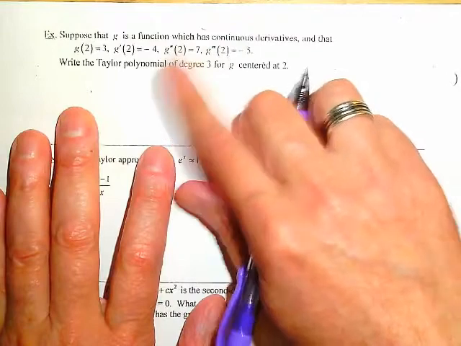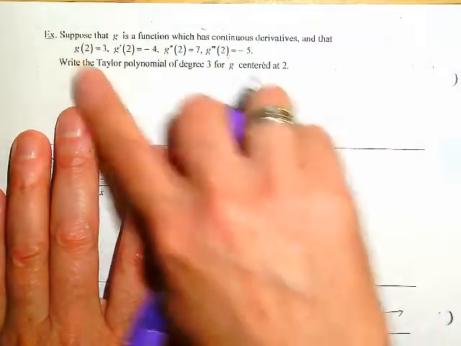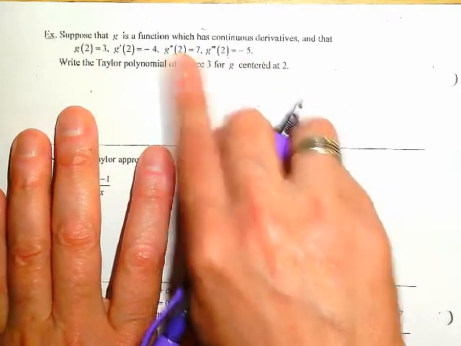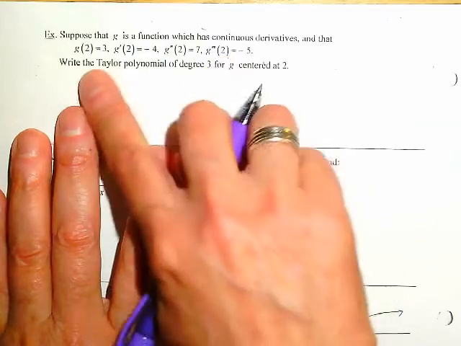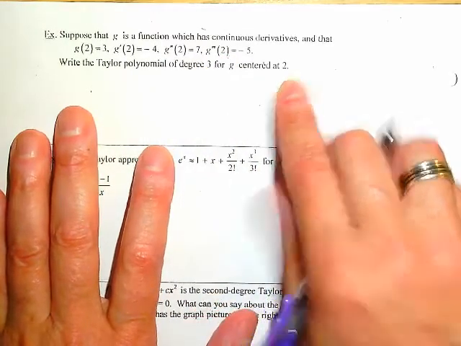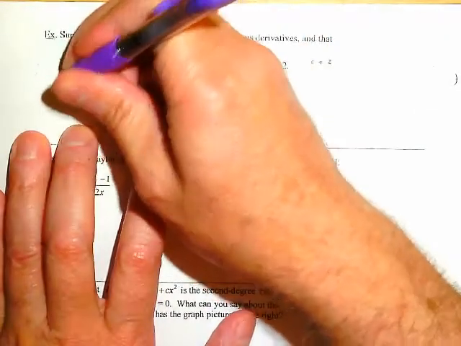The first derivative, second derivative, third derivative, fourth derivative are all given to us, okay? And g of 2 equals 3, g prime of 2 equals this, that, and the other. We've got g double prime and g triple prime. Write the Taylor polynomial of degree 3 for g centered at 2. That means c equals 2. So the third degree polynomial